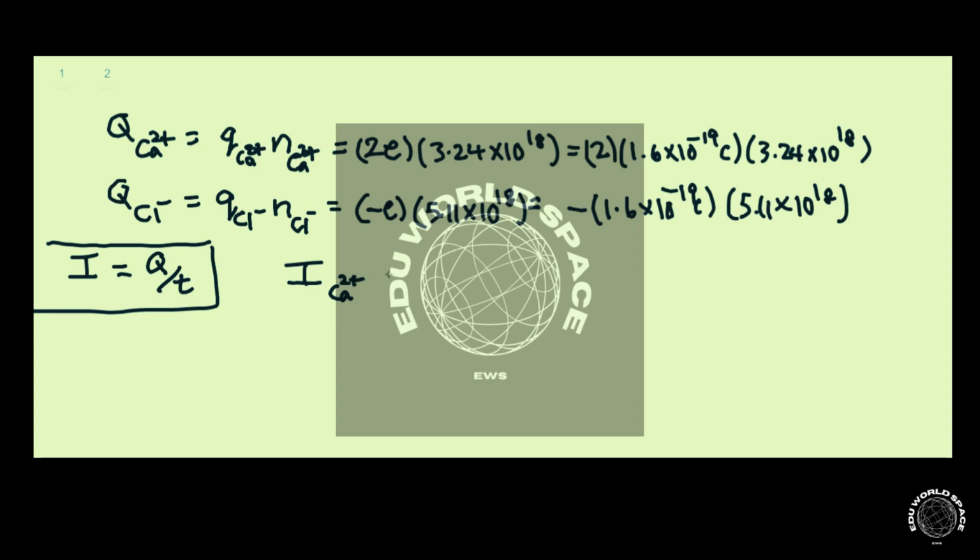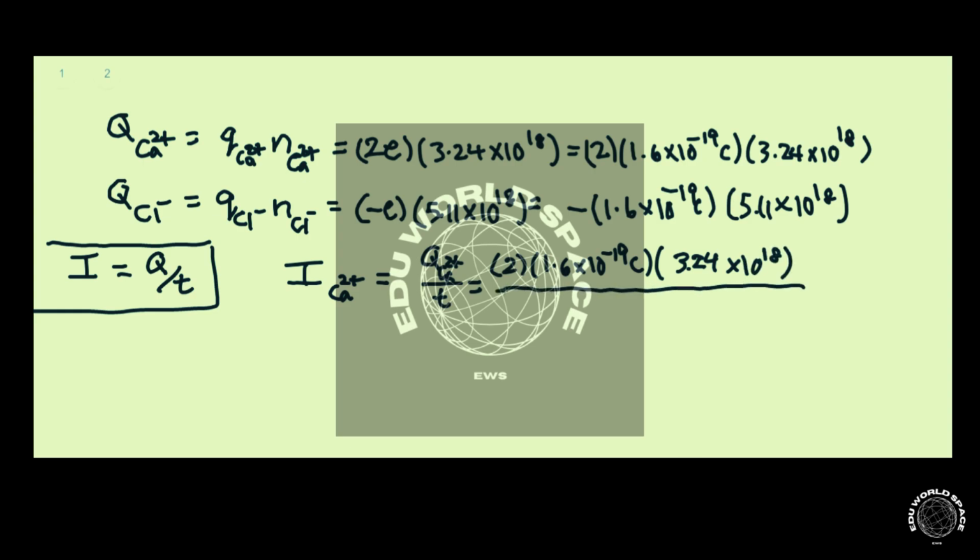That is equal to Q of Ca2+ over T, and we have the Q given up here. So we have 2 times 1.6 times 10^-19 coulombs times 3.24 times 10^18